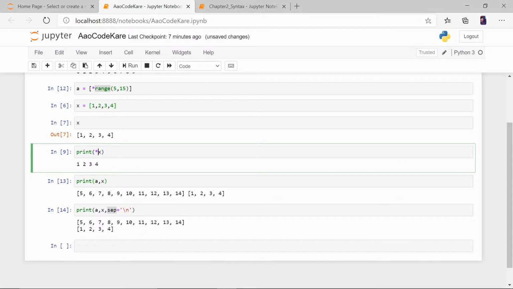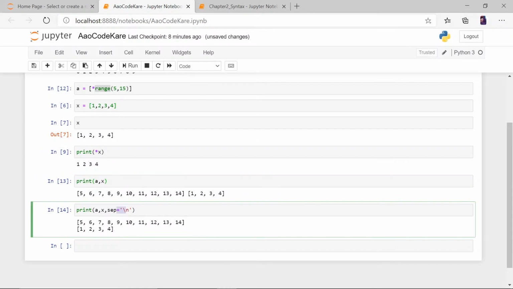This star. So here, let's come back to print. So print A, X gives me these two lists, as I said, A comma X. Print A, X, sep slash n. So slash n is a separation.